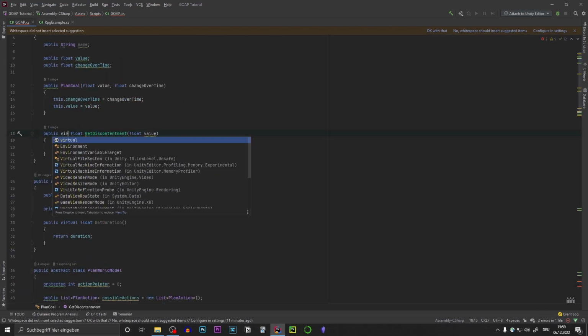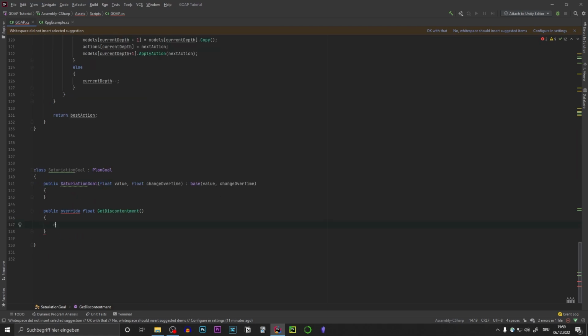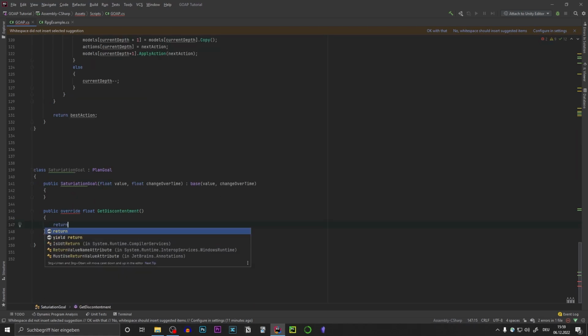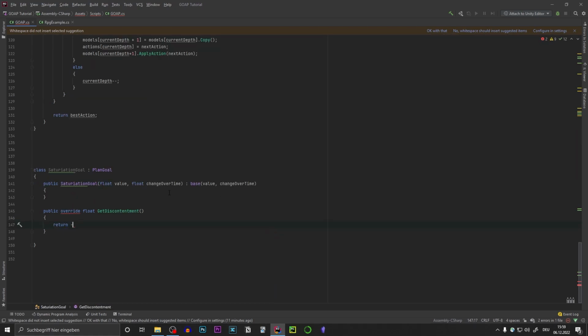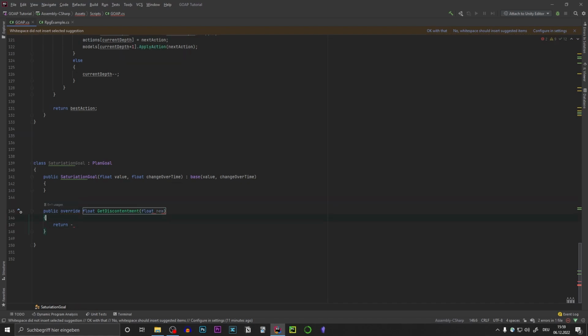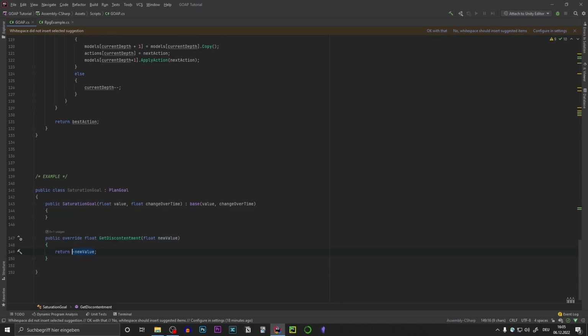And I actually forgot to make this virtual. And just return minus the get discontentment, and this takes in a new value, and here just return the new value, negative new value. So remember, what we're doing here is minimizing the discontentment value, and since the saturation will be positive, since saturation